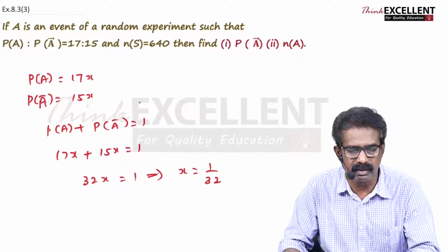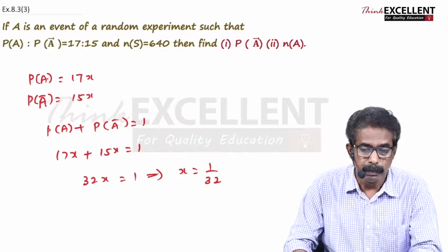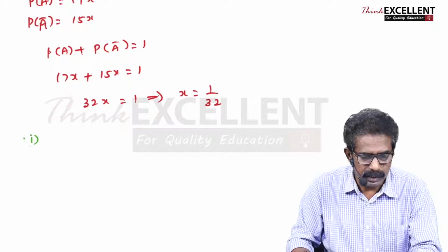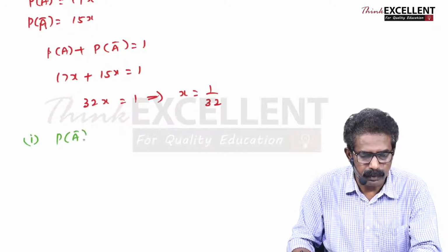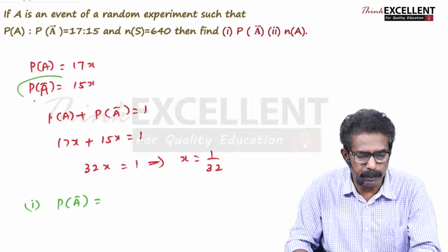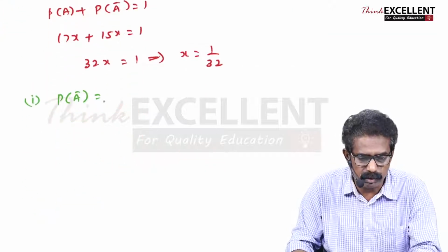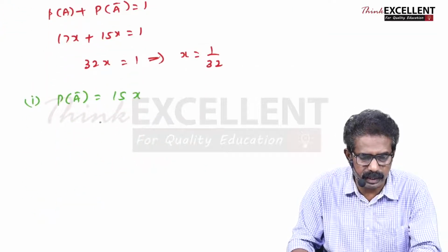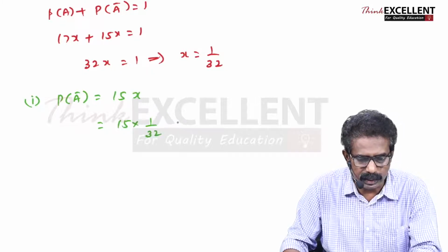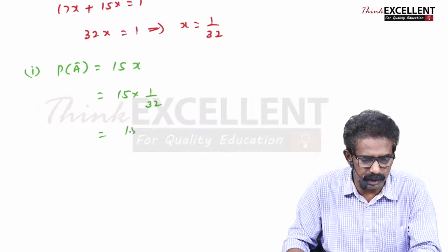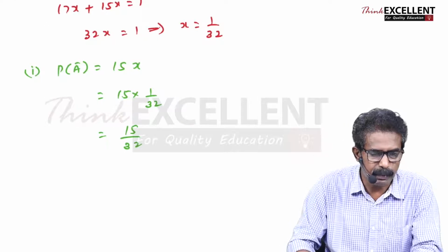See what they asked for the first part, P of A bar. What is P of A bar? We have taken P of A bar as what? 15x. So that is 15 into x value 1 by 32. You can't cancel anything. So your answer is 15 by 32. And the second part,